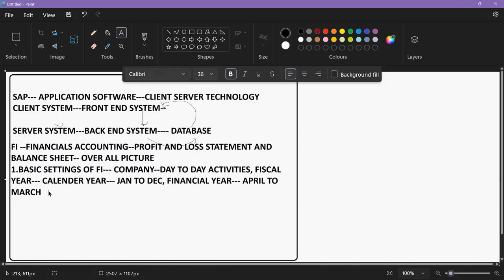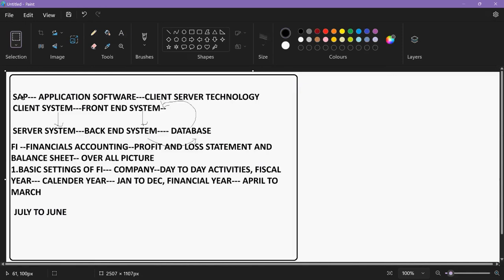Apart from April to March, it's quite possible that some of the companies might follow the year from July to June. This way, there are some mandatory settings which I have to do compulsorily. Once these mandatory settings are over, it's only after that I can go into the major activities. So once I complete these basic settings,